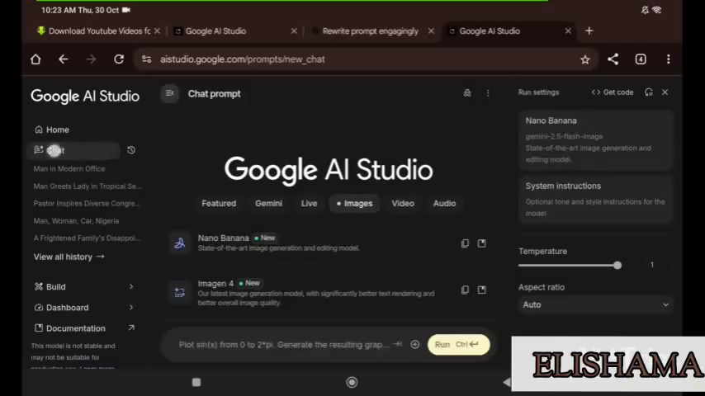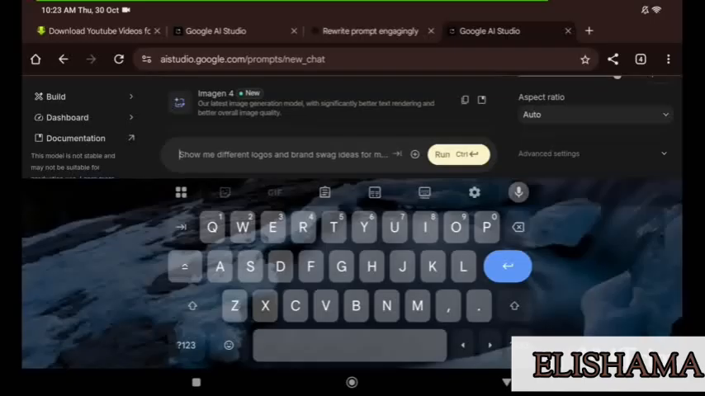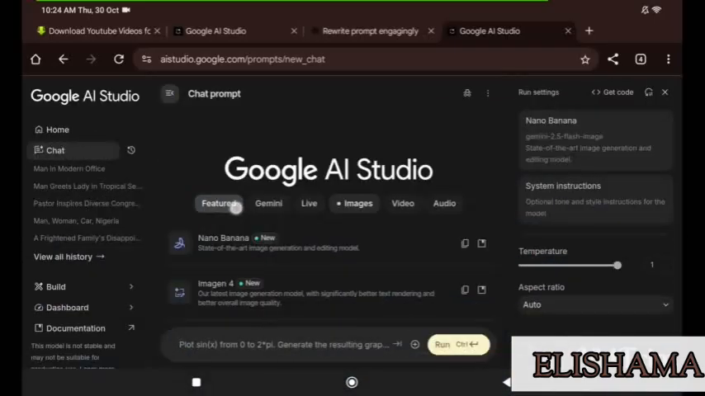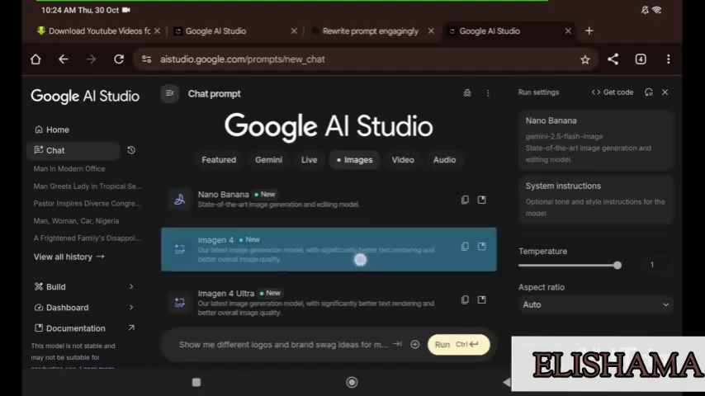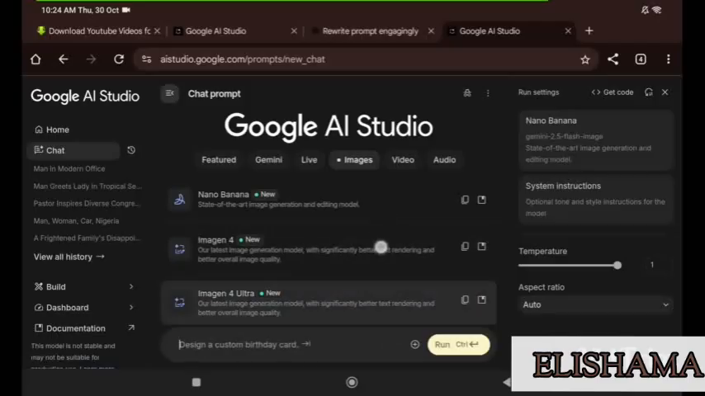This is Chat. Click on Chat. So the moment you click on Chat, you will see featured, Gemini, live, images, video, audio. Okay. Now you will also see Nano Banana. Okay, Nano Banana you'll be hearing before now. You also see Imaging 4. Then you also see Imaging 4 Ultra. Okay. Now, before you even generate the image, which you will also convert to video, please take note of this,